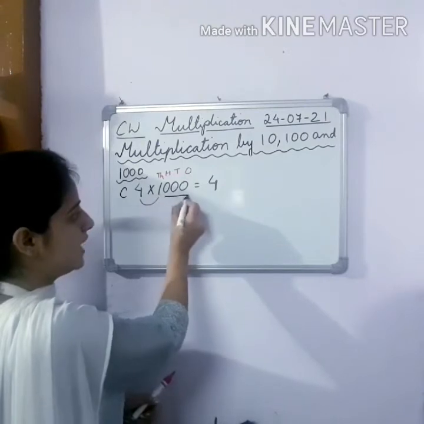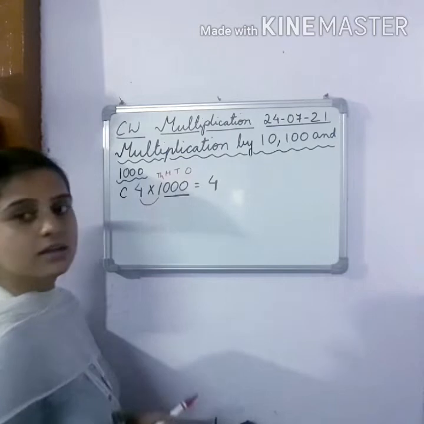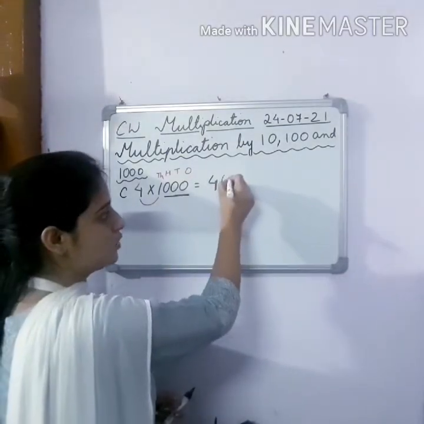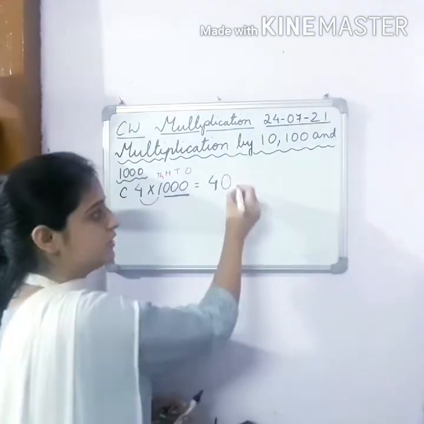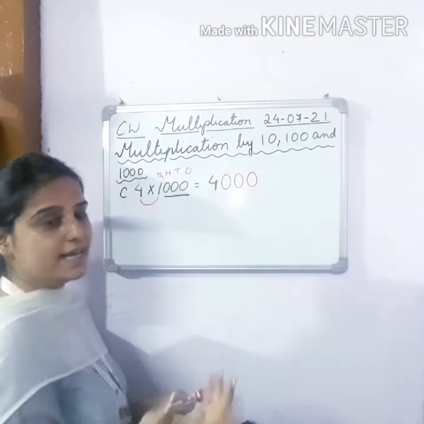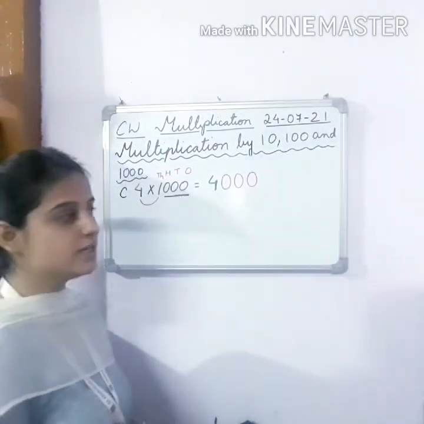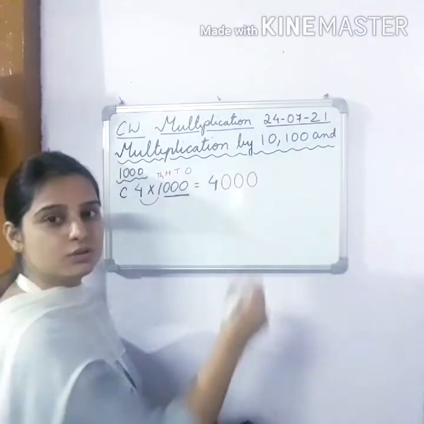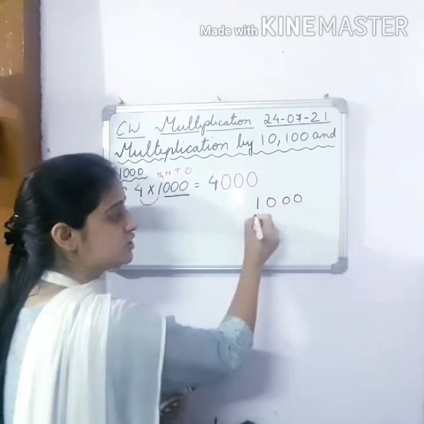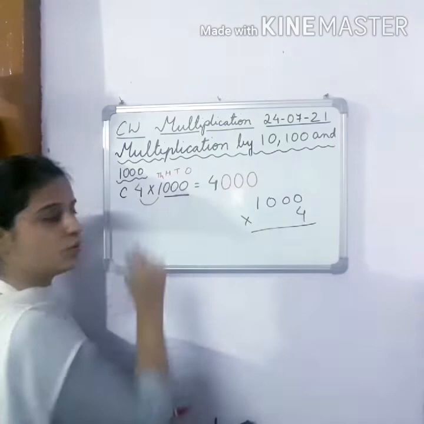And you can see that there are 3 zeros in hundreds, tens and ones place. So this 4 will be followed by 3 zeros in hundreds, tens and ones place. So we get the answer 4000. This is how we can do quickly, children. So we don't have to do multiplication, arranging in columns and doing the multiplication. We don't have to do when there are zeros.